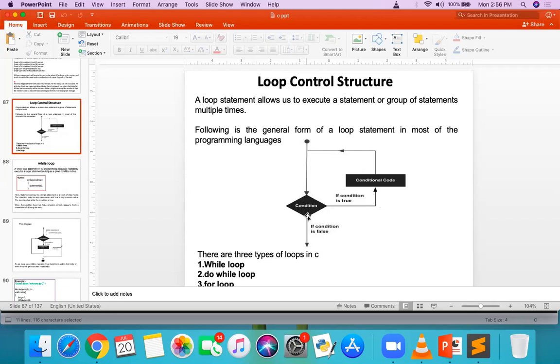If the condition is again true, again the code gets executed. If the condition is false, then only it will go out of that loop and the code will not be executed. Got it? The same thing you are doing repeatedly.